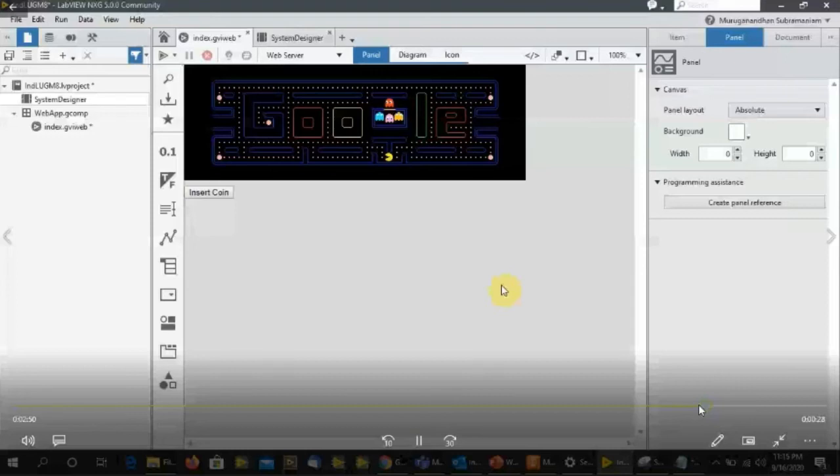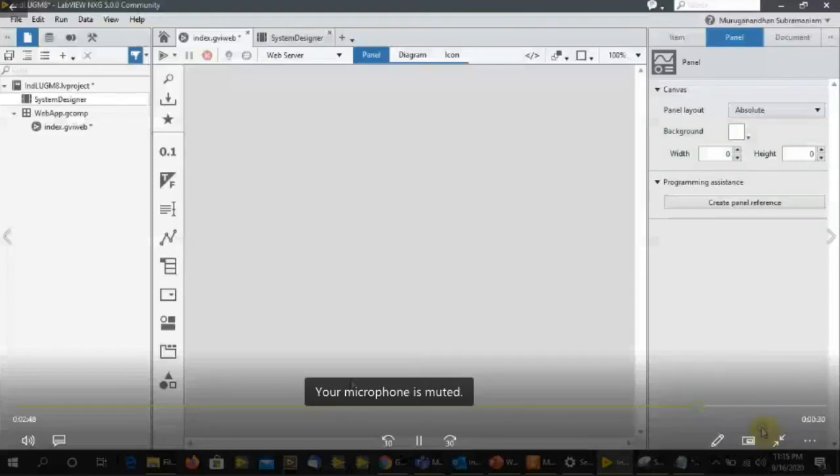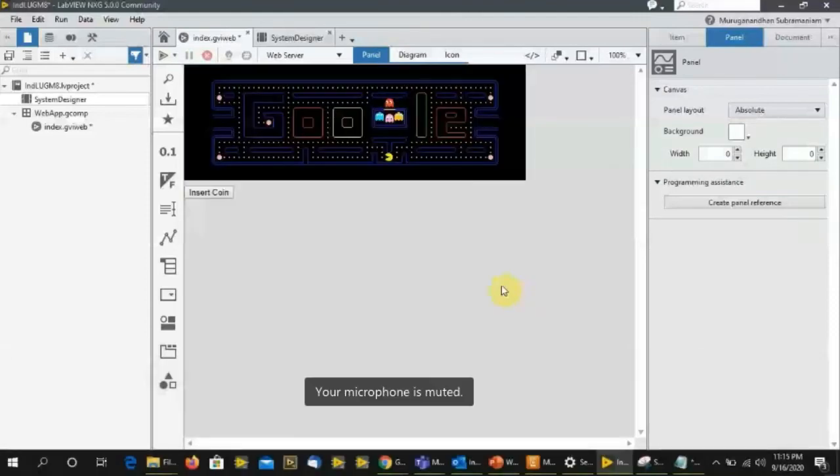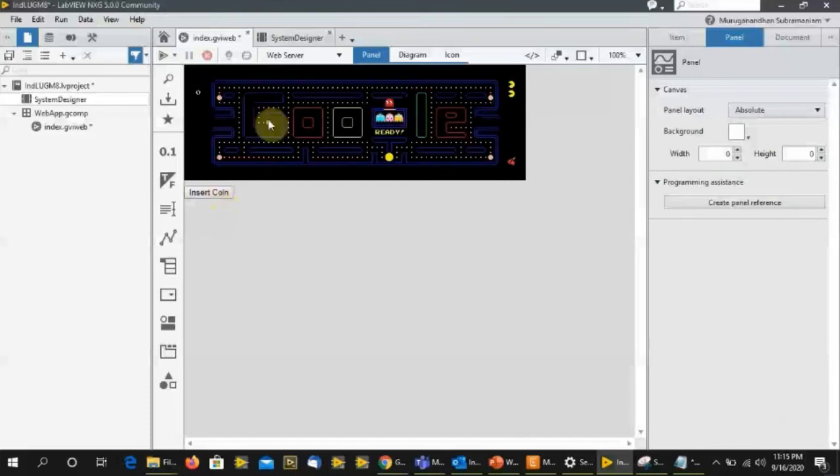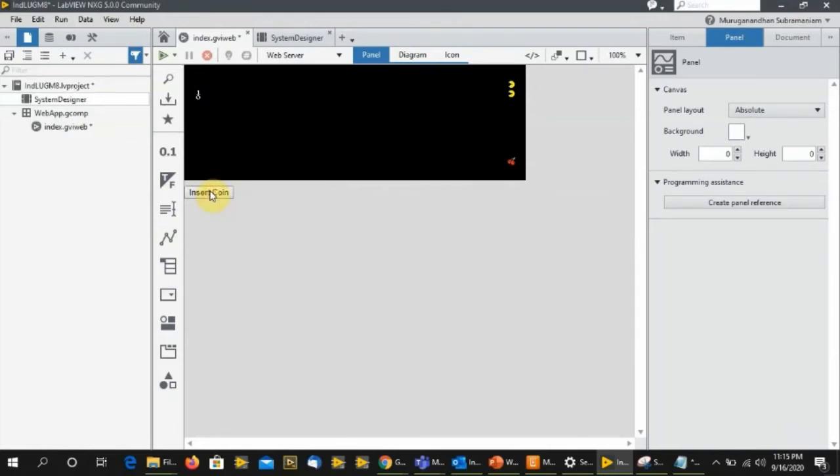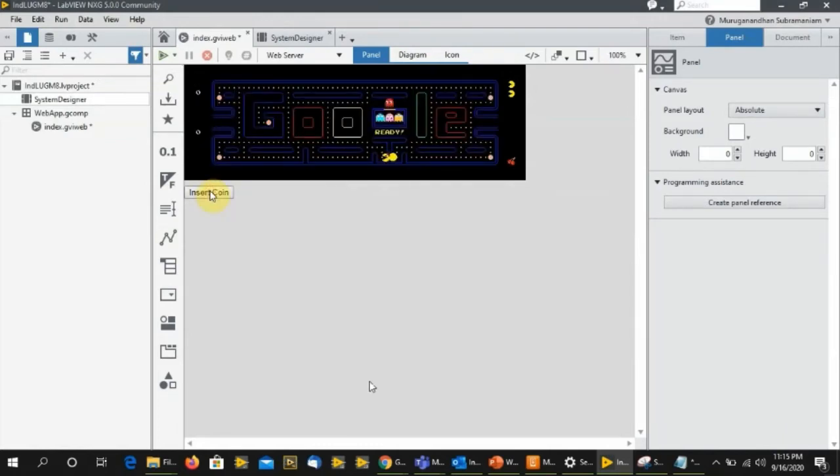Yeah, so this is the code. Once I have done it, can I press it? Yeah, this is the Google Pac-Man game code. We don't need to do anything. We just need to work with the HTML module. We have not done anything with LabVIEW code now. It is zero LabVIEW code. So we can directly copy the code and put it into the HTML file, and it will directly work with our application. It's a LabVIEW application.